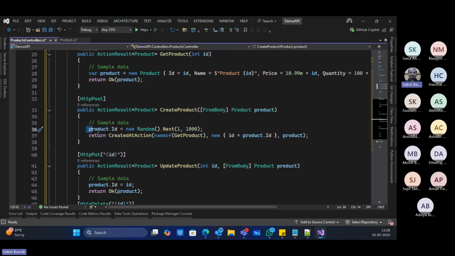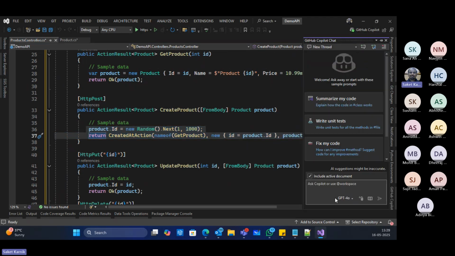And now here, if you want further enhancements, either you do it on your own or you can open the GitHub Copilot chat also. So you say open chat. If any issues are detected, fix my code is there. You can also say write unit tests. You can also say summarize my code.